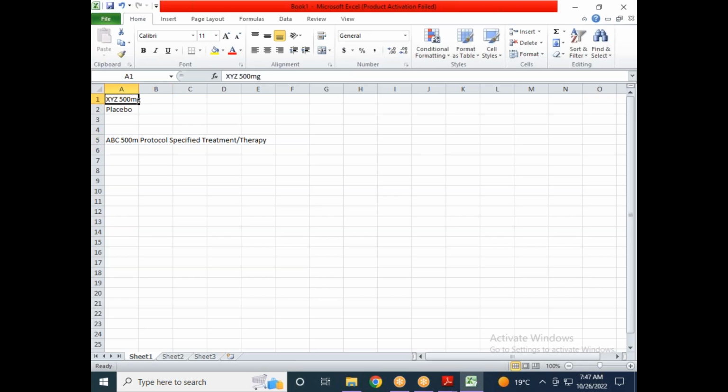See, so for me to give XYZ 500 mg, I have to go through all the screening process, everything, correct? But the subject is already taking the medication ABC 500 mg. So in this case, if you see here,